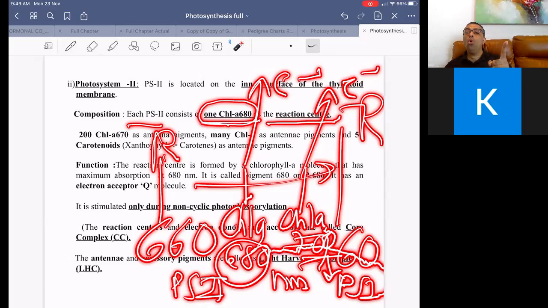फोटोसिस्टम 2 का क्लोरोफिल ए इज कॉल्ड क्लोरोफिल ए 680, क्योंकि उसका क्लोरोफिल ए कौन से वेवलेंथ पे इलेक्ट्रॉन एमिट करता है? 680 नैनोमीटर, सॉरी, मिली माइक्रोन वेवलेंथ पे ही इलेक्ट्रॉन एमिट कर देता है। सो गोल्डन वर्ड,